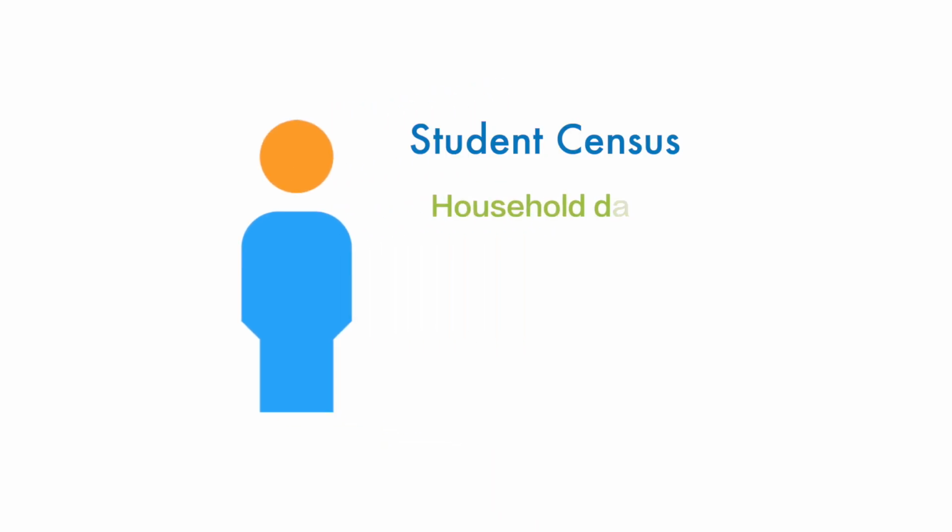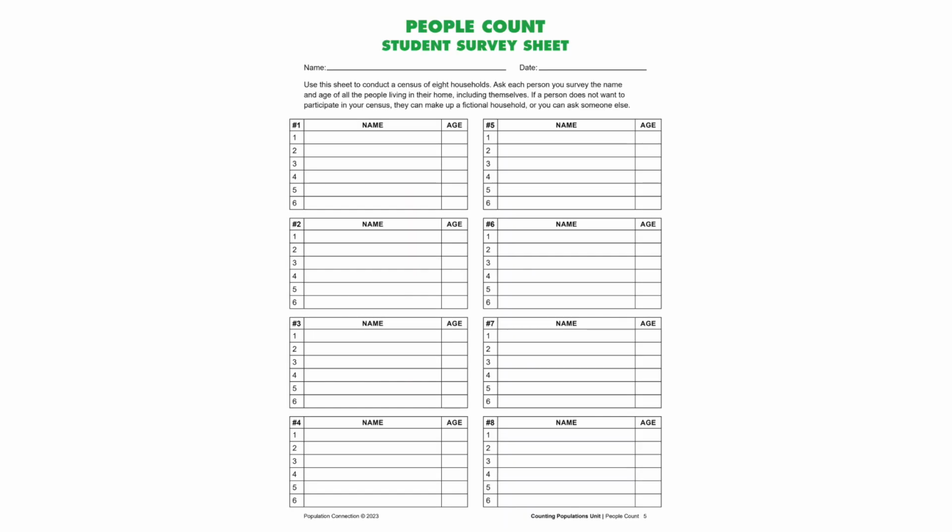In the lesson, we provide some background on the history of the U.S. Census as an introduction to students collecting some census data of their own. They will do this by surveying fellow students in their school to collect data on those students' households, including the names and ages of each of their household members. They'll record this on a student survey sheet. The lesson plan gives some tips on managing this process with your specific class's circumstances.